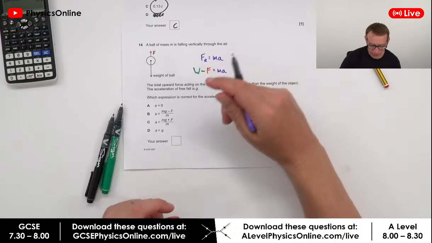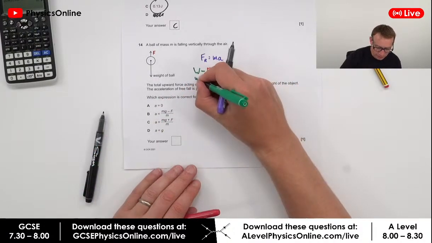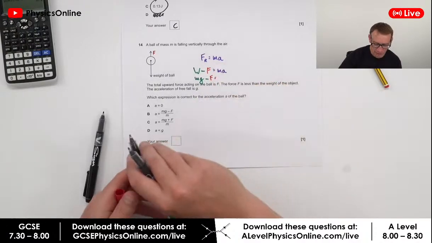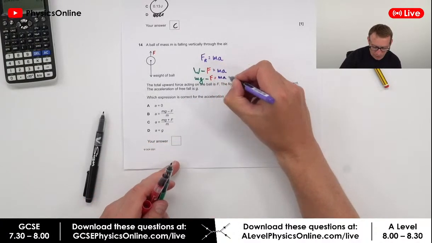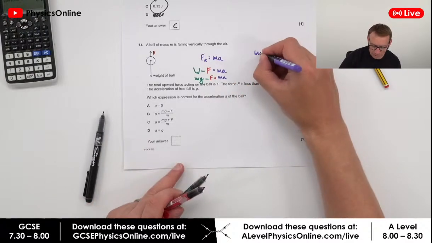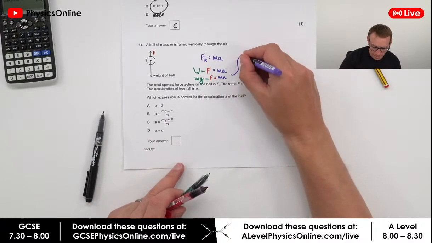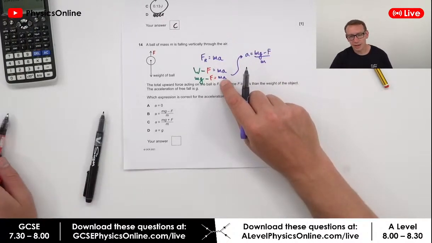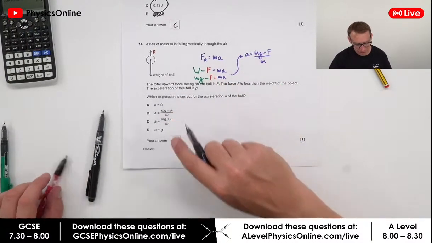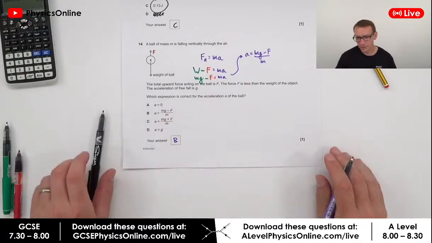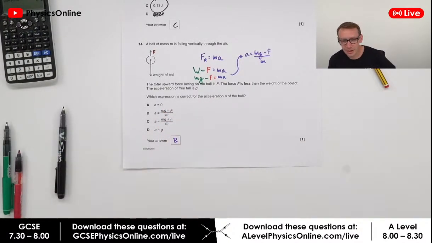And we know that the weight is equal to mg. So mg minus F is equal to ma, and that means we can say that (mg minus F) over m is equal to a. Okay, so we just rearrange that to make a the subject. Easy. People are saying (mg minus F) over m. Yeah, the answer is B. That was okay, wasn't it? Loads of people are saying B. Riptide Kills, Ibtisam, we've got Bramble, Terry,